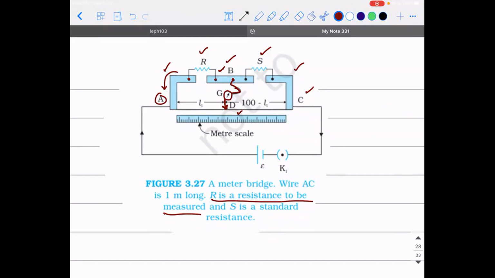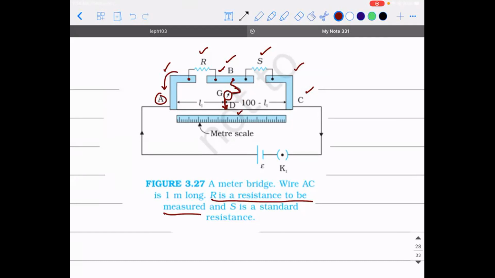So why we are using a galvanometer and everything, you will understand slowly. Before that, you need to recollect one thing. Meter bridge is based on what application? It is an application of the Wheatstone bridge, right? And how is a Wheatstone bridge working? Wheatstone bridge is used to measure the unknown resistances under what condition, guys? Balance condition. So if I need to know whether the Wheatstone bridge is balanced or not, what is the important device that is going to tell me about the balance condition? It is a galvanometer. And that is the reason why we are doing it.